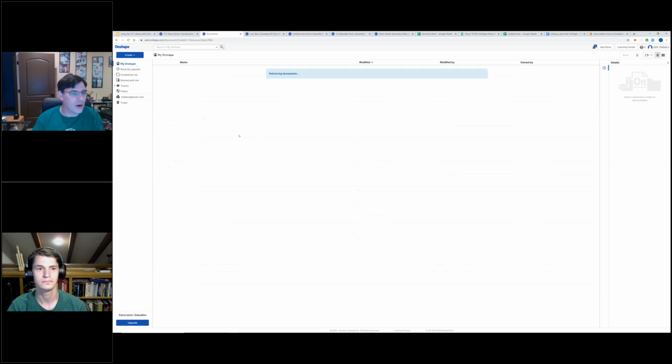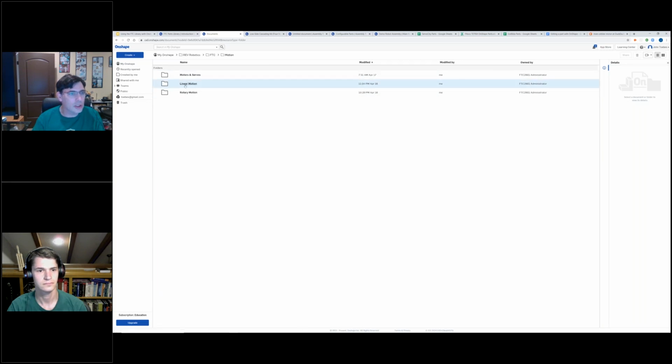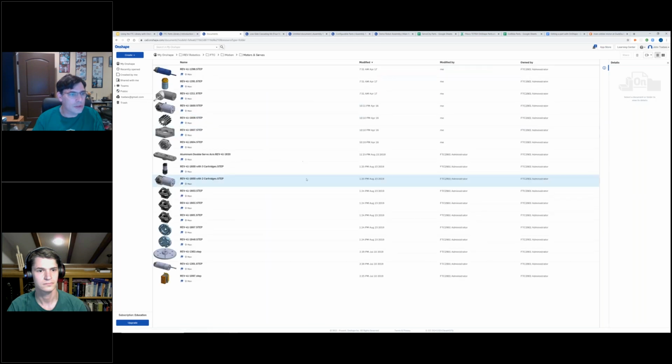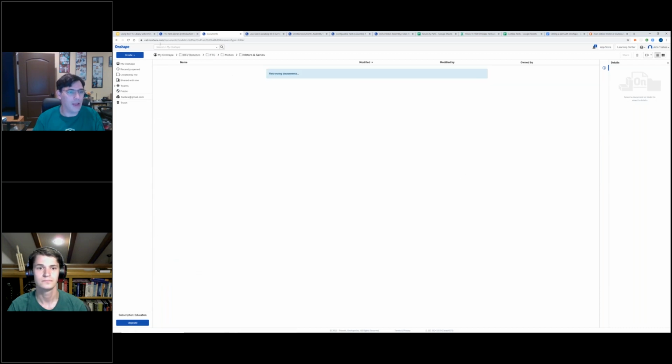We just started with the Rev Robotics FTC motion motors and servos. We've imported them, but we haven't got all the cartridges in place from the Rev stuff. So that's something that needs to be done so that you can put it into a robot. But of all the Andy Mark and Servo City, the one thing that we do not have a lot of is